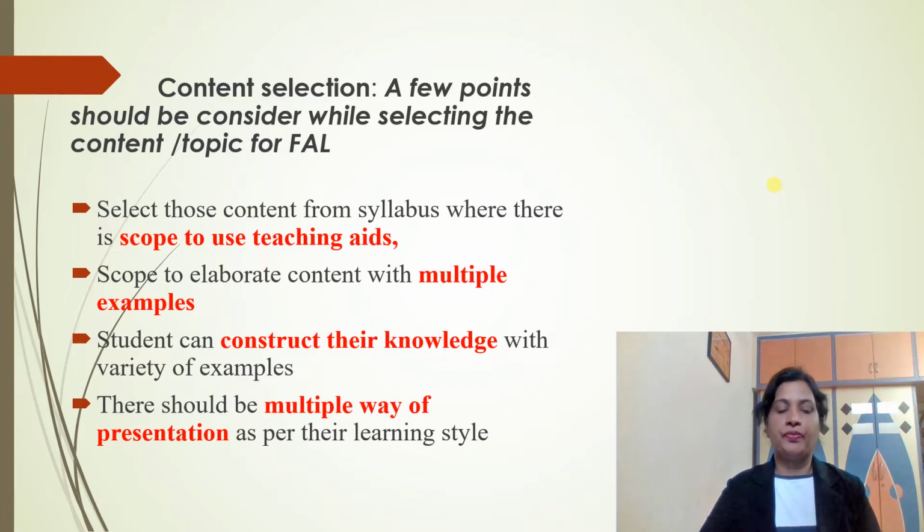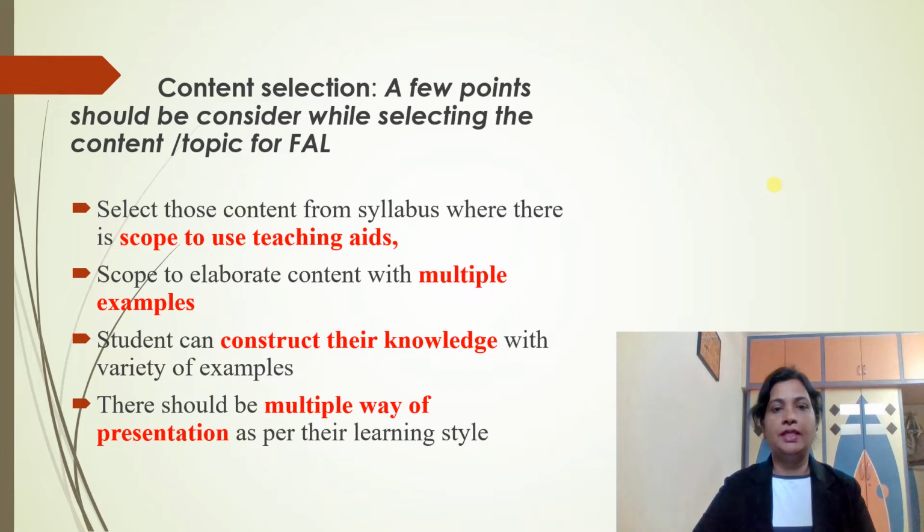Any topic means such a topic that will be explained with a variety of examples. For example, suppose you select plant classification. There is scope to show them various types of plants, their leaf structure, their stem structure, their flower structure. So students get knowledge about a variety of plants from the particular topic, and students can construct their own knowledge. So students know what the various types of leaf are and what the structure of a leaf is.